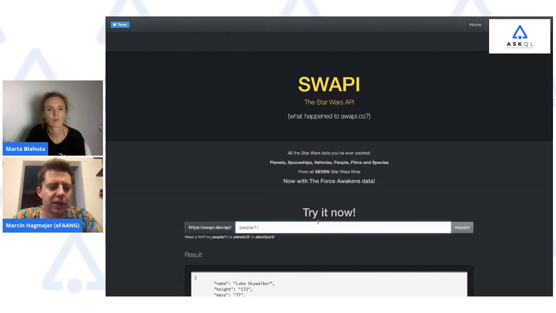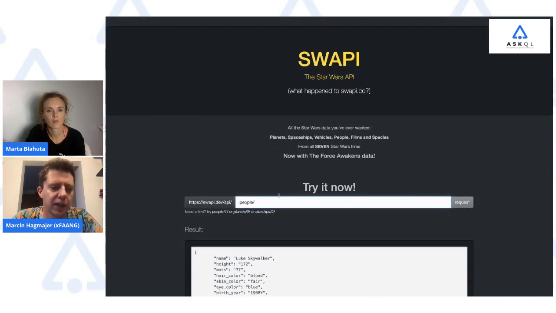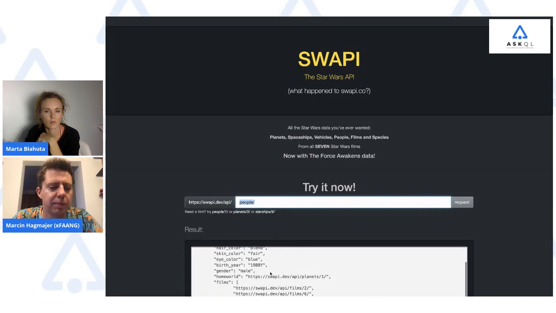There are some inconsistencies in it. You can imagine this being a very small playground, but only for the Star Wars API. You can type in part of the address, and it's going to respond with the data